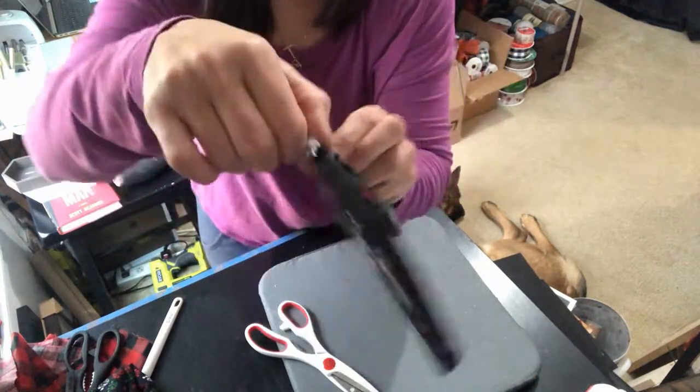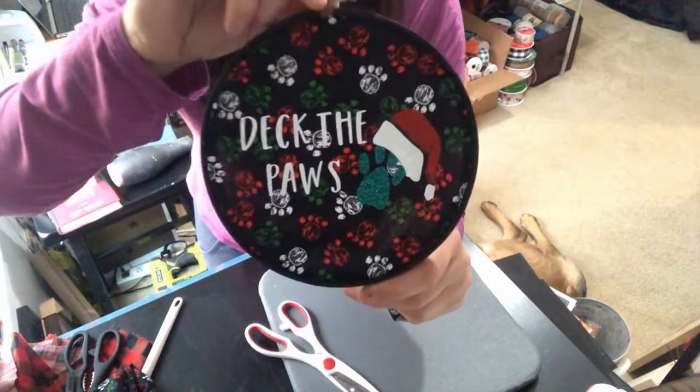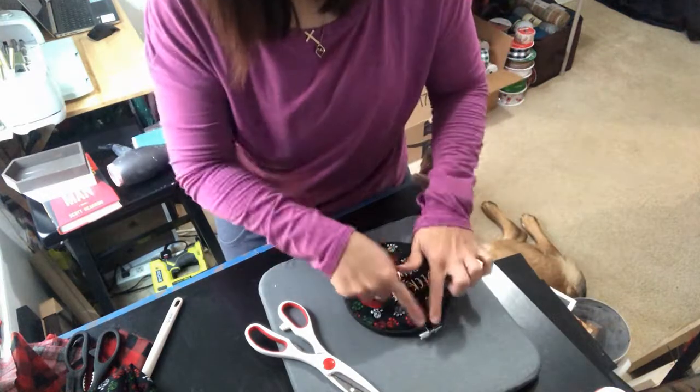So now I have the fabric all trimmed off. I want to show you what the back looks like, and look at the front, deck the paws. How freaking cute is that? Okay, so now I am going to embellish the top, and you know what? I'm going to leave in my